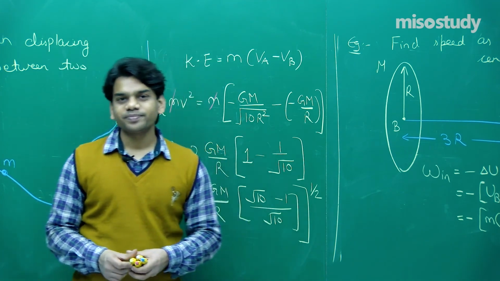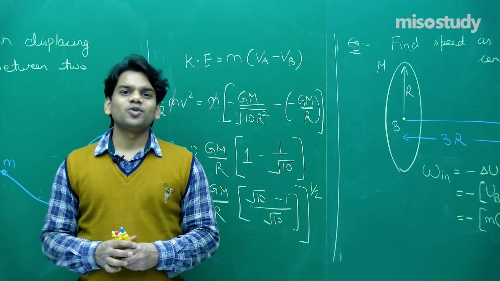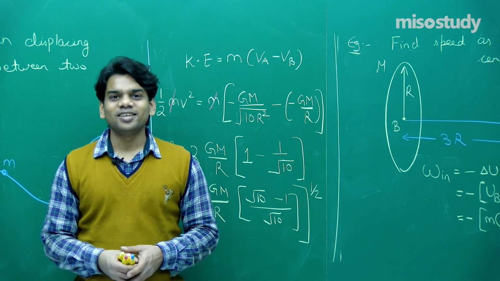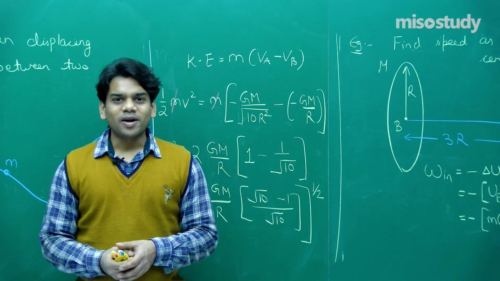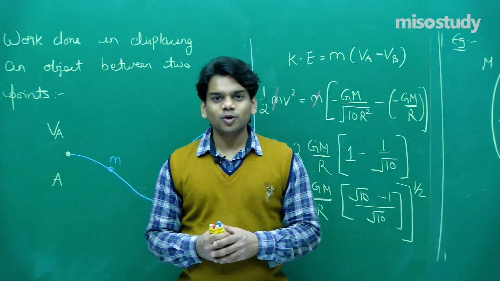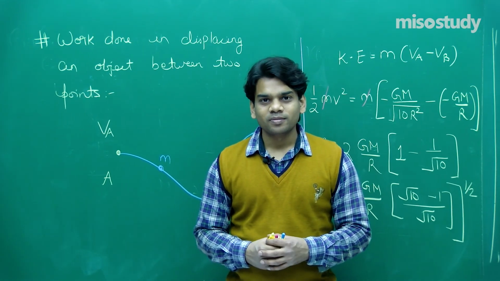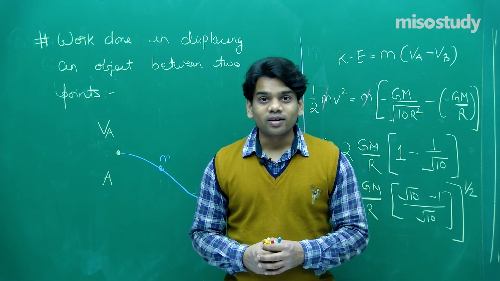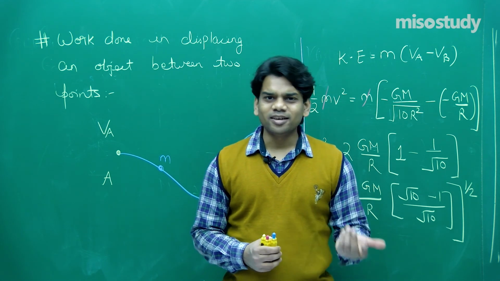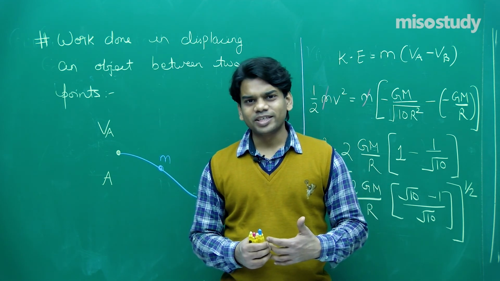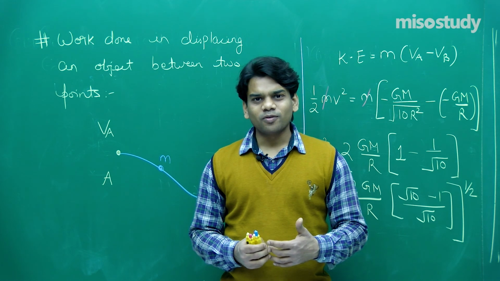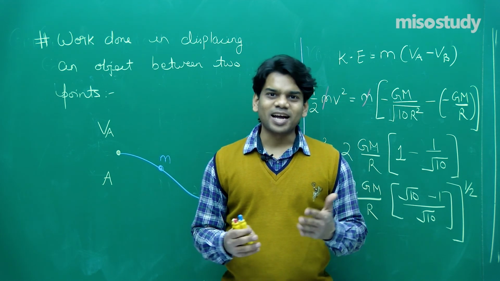Hope you have understood how to use the value of potential and potential energy, and how to find the gravitational potential due to a solid sphere. Do derive this on your own after the class also, and see how you get the work done by an external agent and by an internal force, and how all the work done will be used to increase the kinetic energy.